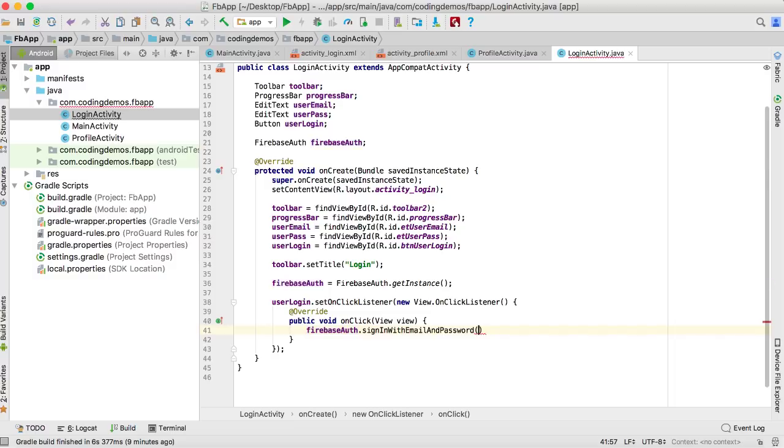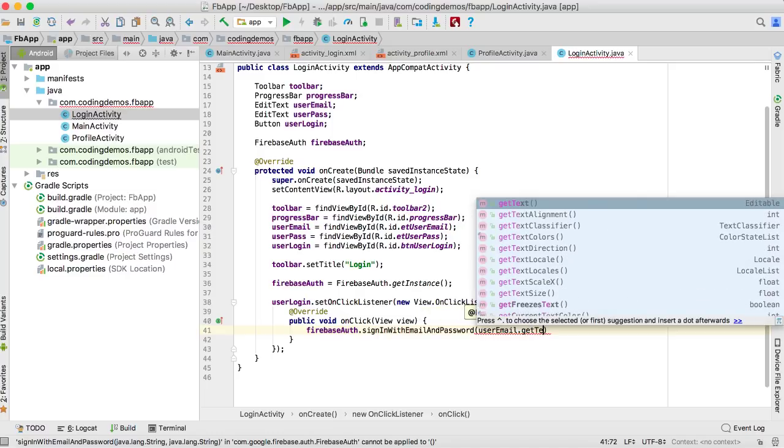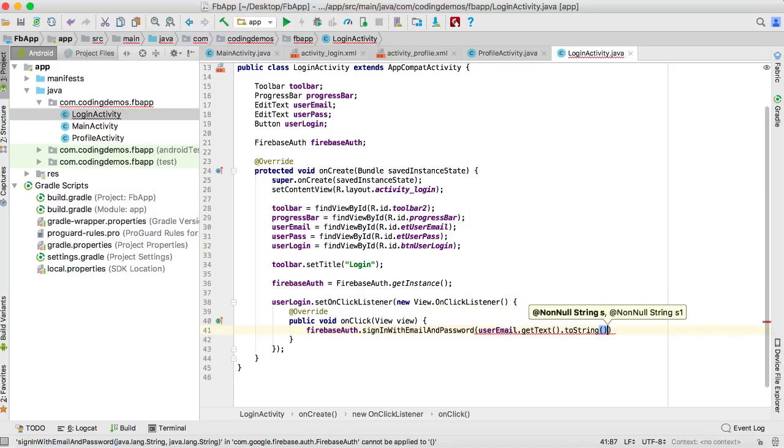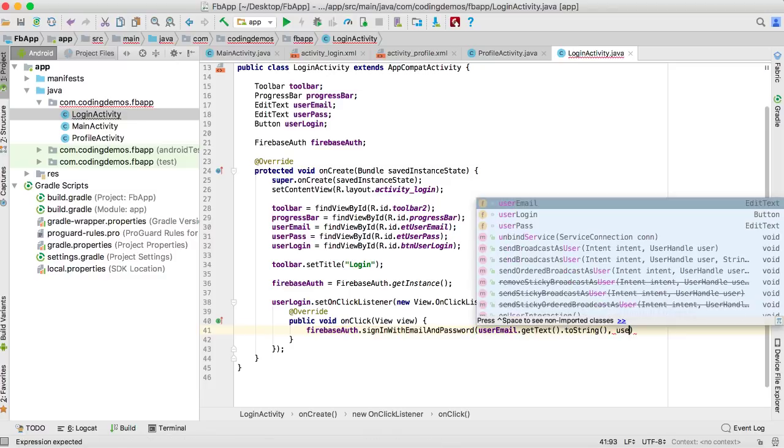So choose that, and here we need to pass two values, that is the email address and the password. So we do userEmail.getText().toString(),